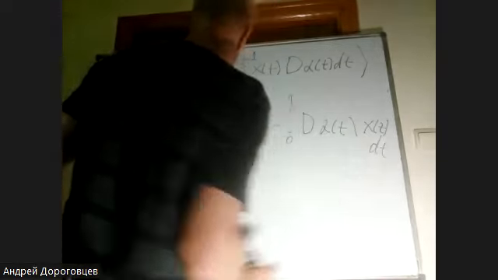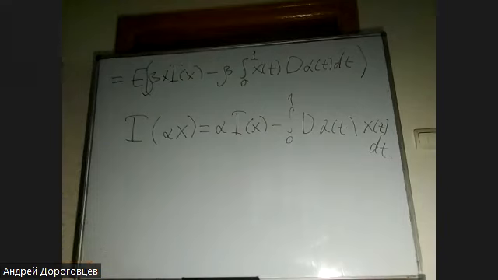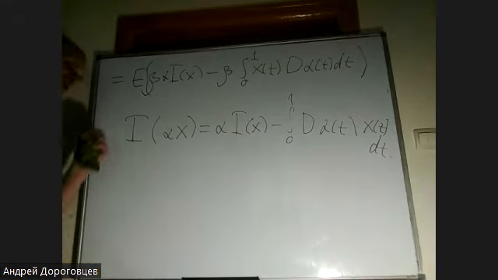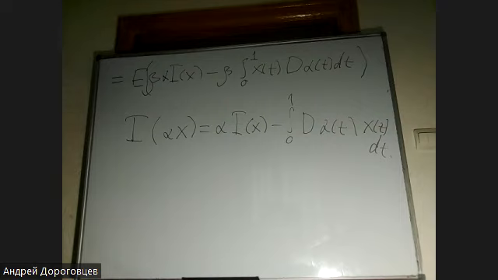We have the rule for how to extract random variables from inside the extended stochastic integral. So now we have good properties of the extended stochastic integral, and in the next lecture we will use them to study the existence of the density of the solution to a stochastic differential equation. For today, that's all.